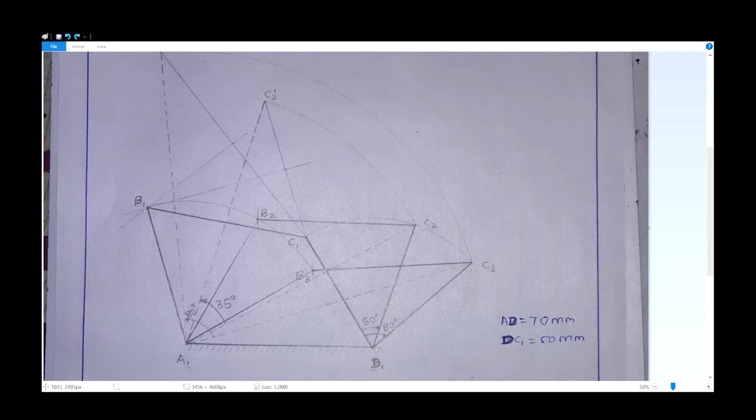So after this I have taken a point C1 here. The length from D1 to C1 is also a suitable length. So D1 to C1 I have taken 50 mm. After this we have to make an arc having center D1 and radius D1 C1 on the right hand side. This is the arc,